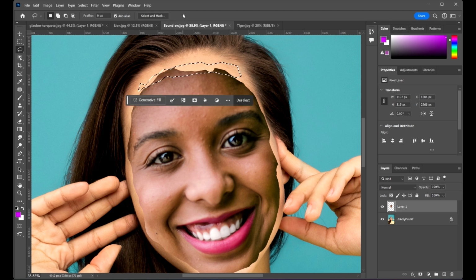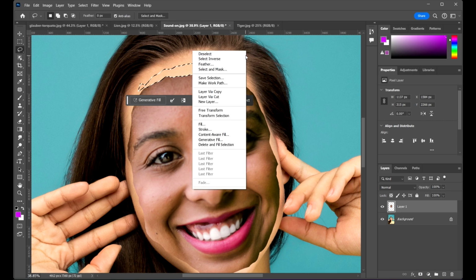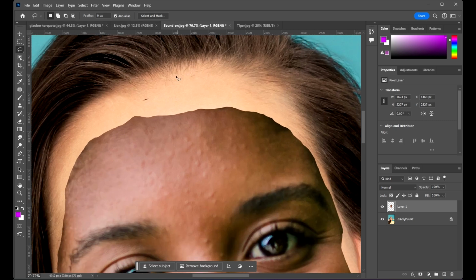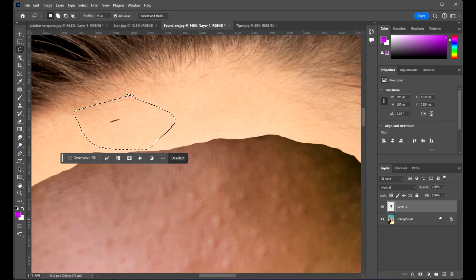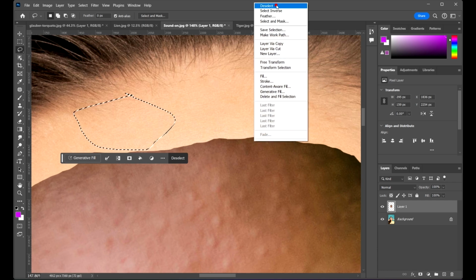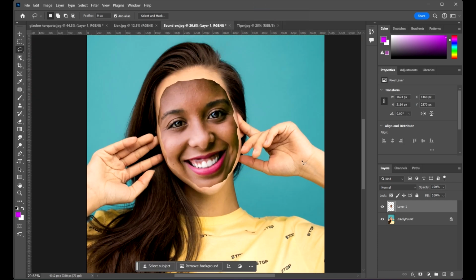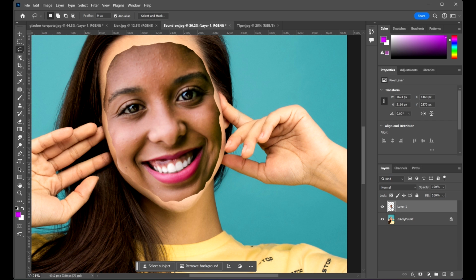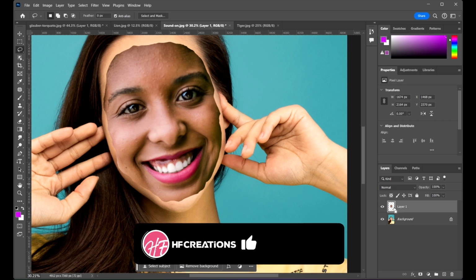Alright. So I think this will just do, right? This will just do. Okay, I think there's this part we should have selected. We delete. Deselect. Perfect. Now the next thing we want to do is hold down Control and click on this